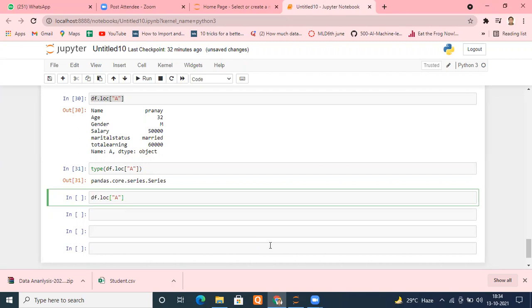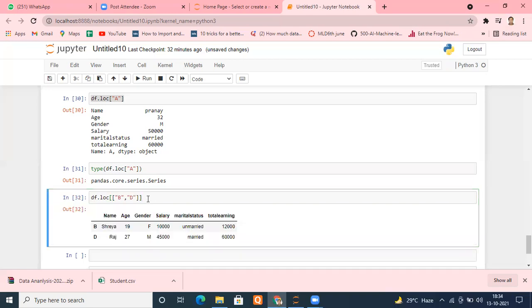A comma B within double quotes. Put a list first of all. Then suppose I want to see B and D, whatever you want to see, but put that inside the brackets, B and D. Now check it. You will get rows corresponding to B and D.